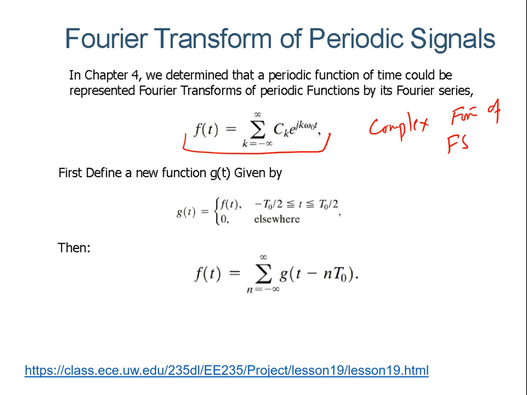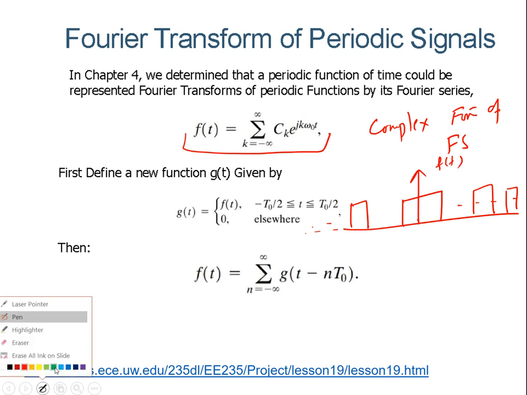Now if you have a periodic signal, we know that the Fourier transform exists only for an aperiodic signal. So what will we do? We will take the aperiodic component of the periodic signal. For example, let's say I have this waveform, which is just going on in this way. So this is a periodic signal, f of t is a periodic signal.